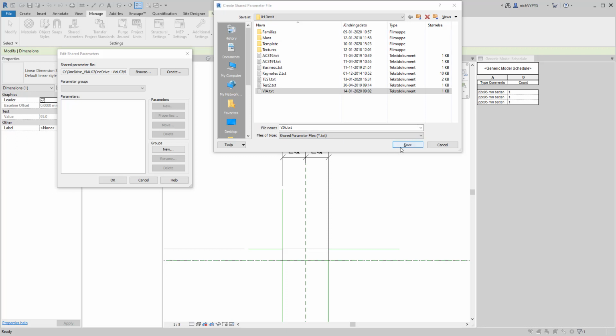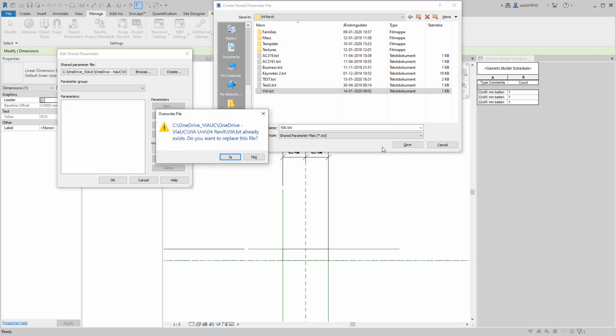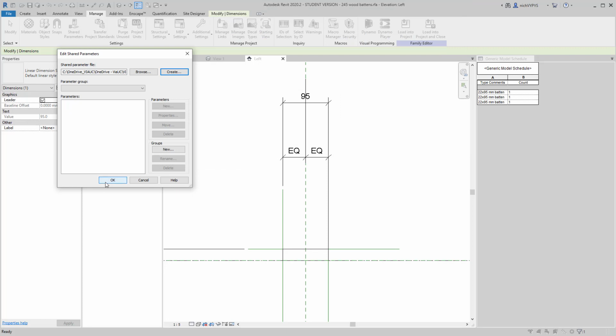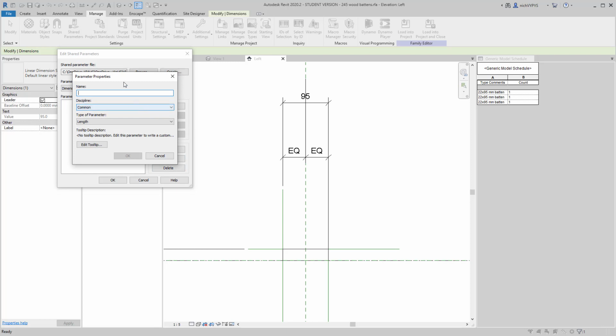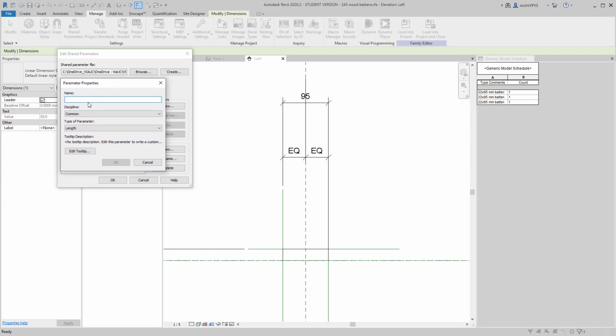So a very simple text file collecting those data input that we will create now. So under group, we can add a new group. That could be dimensions. And then we can create new parameters. So I would like to have length and then underscore via,